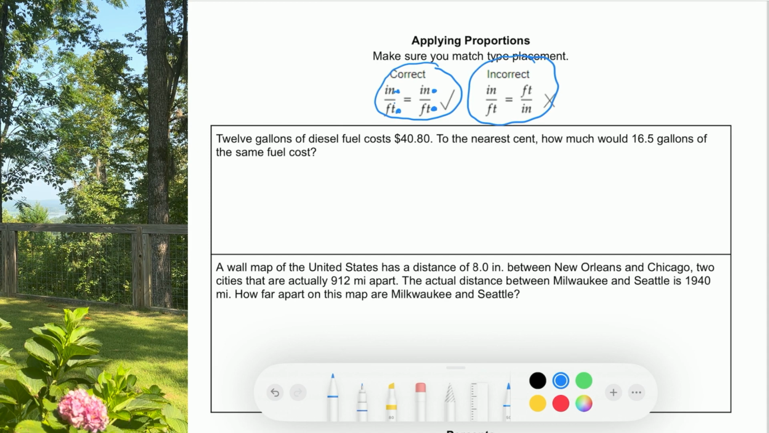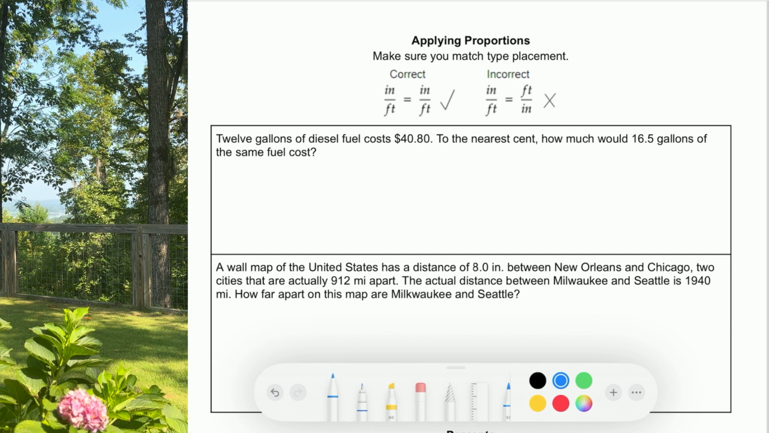The incorrect side shows you what not to do. I have inch in the top, feet in the bottom. When I go to the other side of the equal sign, I have feet in the top, inch in the bottom. That does not match. Make sure if you have one measurement in the top, you have the matching type of measurement in the top on the other side. Don't flip them. Make sure they're balanced with each other. All right, so let's look at